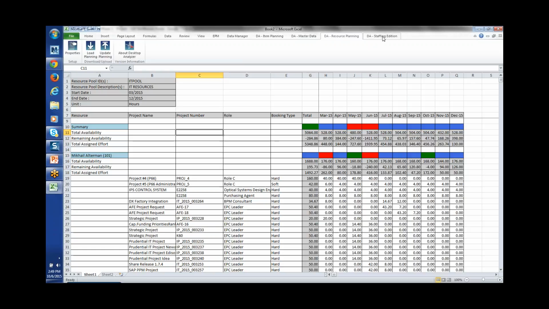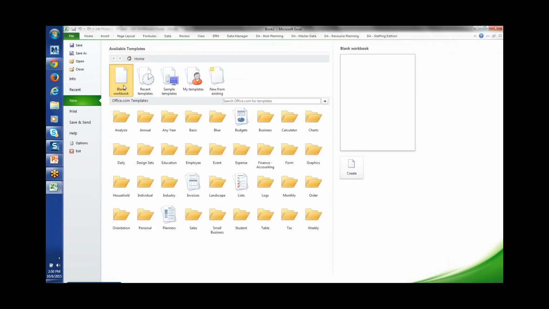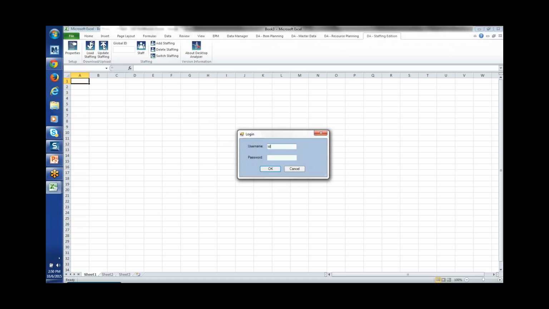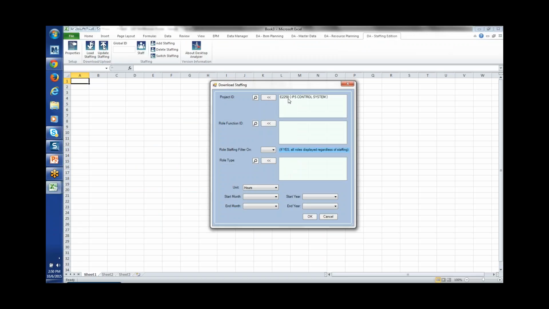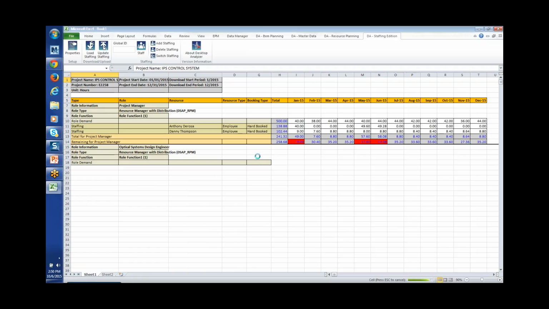As I said, if I wanted to go into the DA staffing edition, this is the role edition I've got up. I can launch another session, new workbook, have all three going at one time, and launch the staffing edition, which is down at the person level. Very easy. I've got my favorite projects waiting there for me to select from. I could select other projects based on role function, role staffing or role type, and bring the project or projects